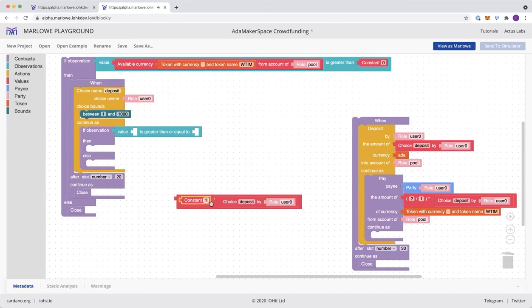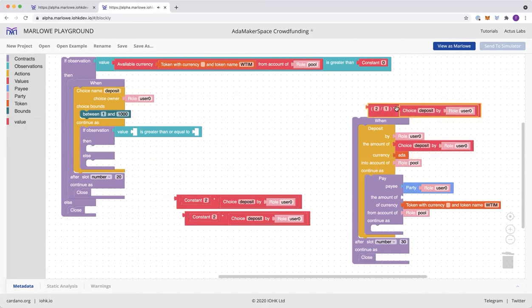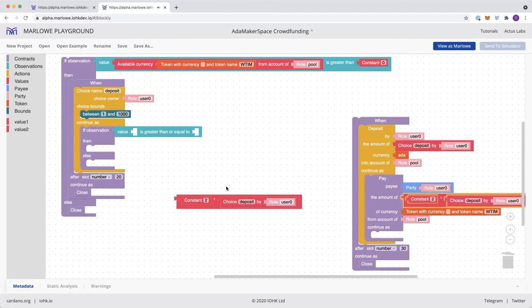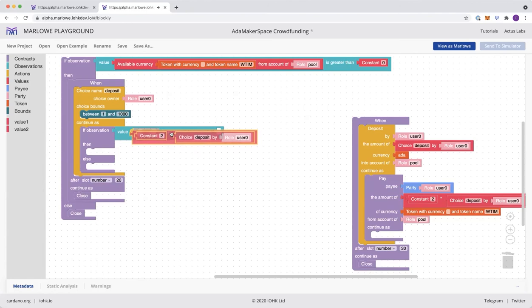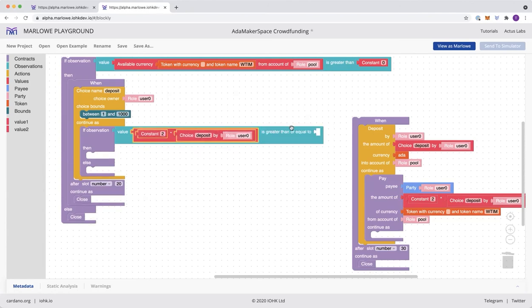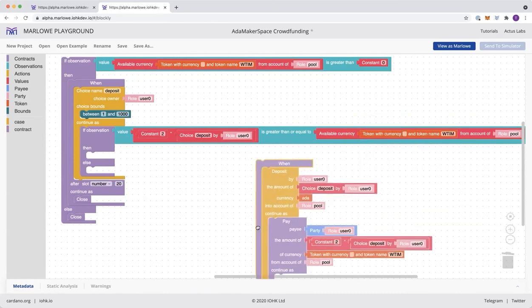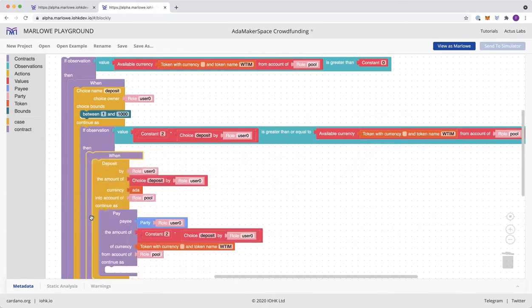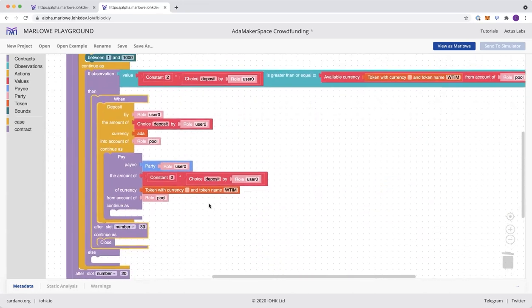So that's 2. And I'll also duplicate this thing and just use the same thing in this part because there's no point in complicating things. We can use a different thing if we have more complex logic. This is fine for now. Okay, so if that is greater than or equal to the available currency, then we wait for them to deposit, right? Otherwise,